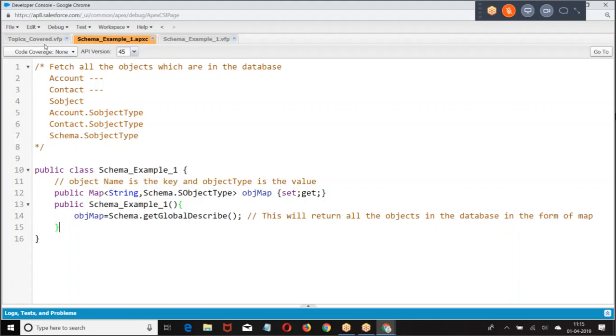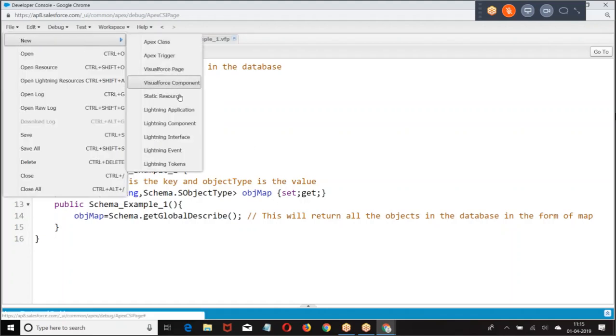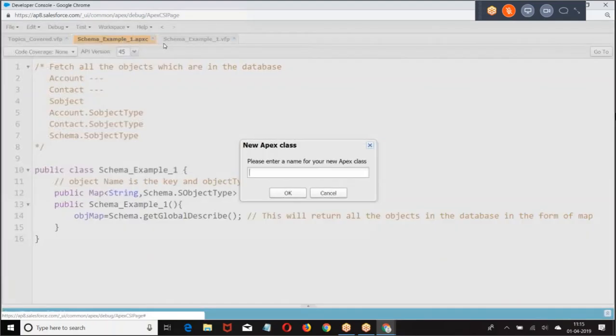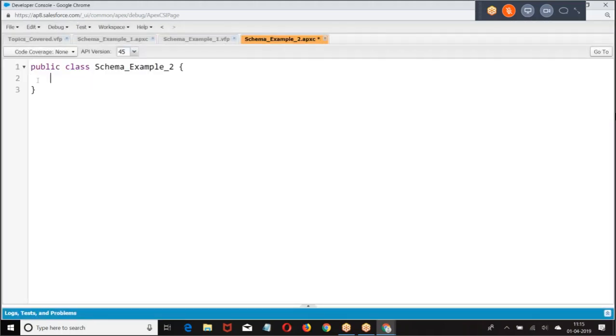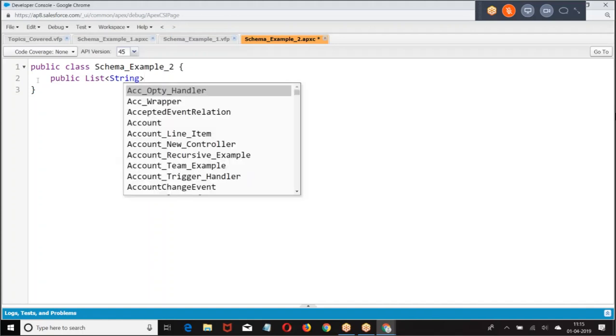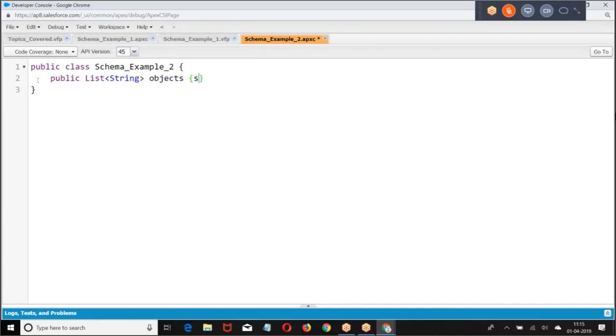The same one I want to extend to the next one. So look at the point. What I want to do is get only custom objects.